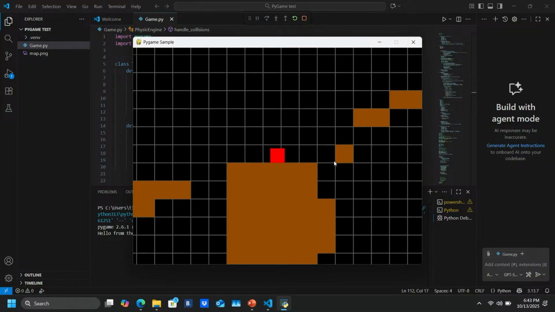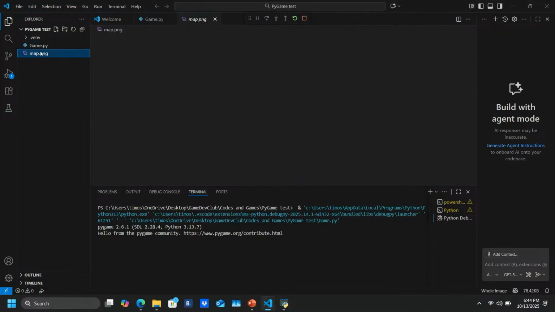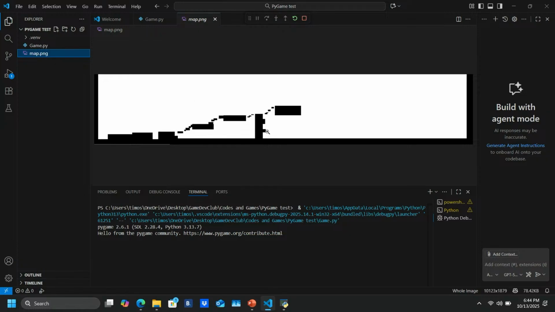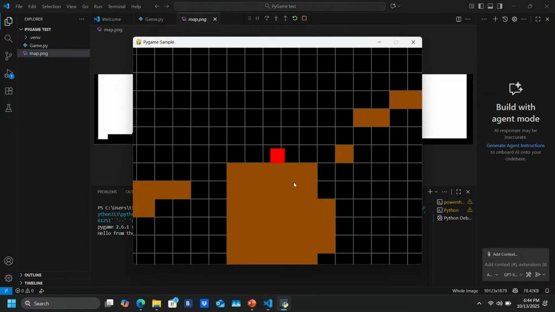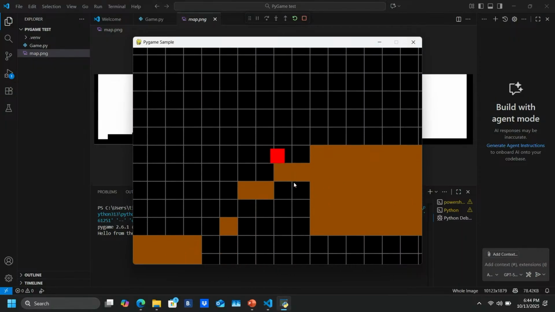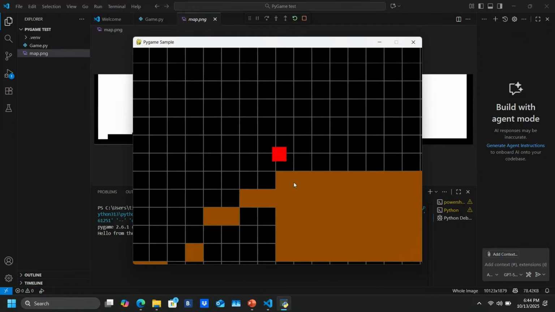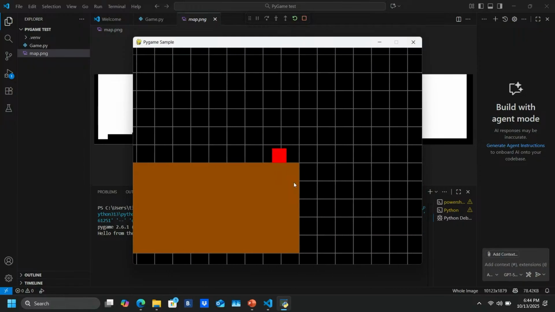The only complicated part about this one was that it takes in an image that I painted in Paint that is very bad, by the way. I can just show it to you. That was just a very fast one I painted. It takes that image and transfers it into actual blocks, which is what you see in the game. It takes parts of an image and transfers them into tiles. But that's about it. That's what we can do for a Pygame.